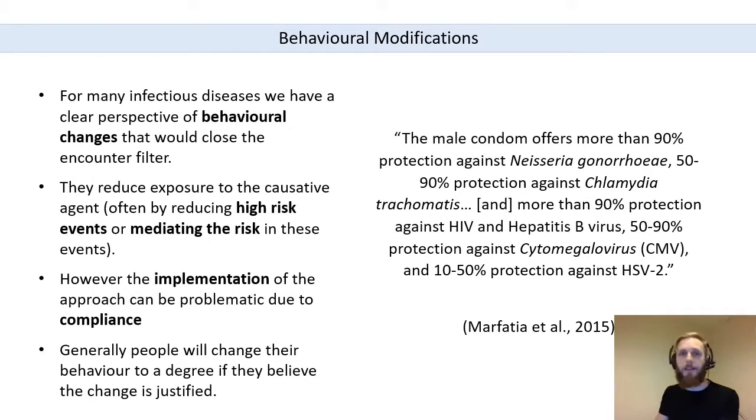Add to this the fact that many high-risk behaviors are complex behaviors. So intravenous drug usage, very, very complex behavior. Drug usage alongside unprotected sex. We'll talk about something called chemsex in a few slides. Complex behavior wrapped up in a lot of other things. Very, very difficult to change some of these behaviors. So even though behavior modification can be a really effective strategy, actually instigating the change can be very, very difficult,